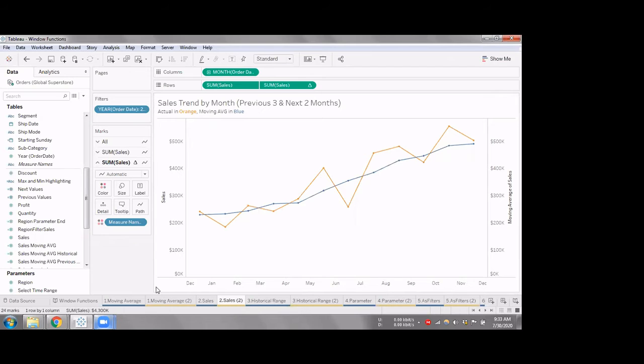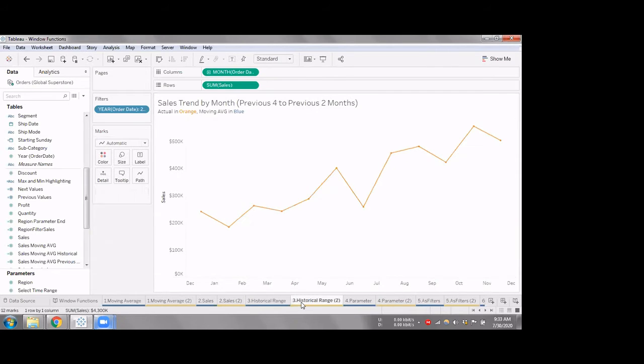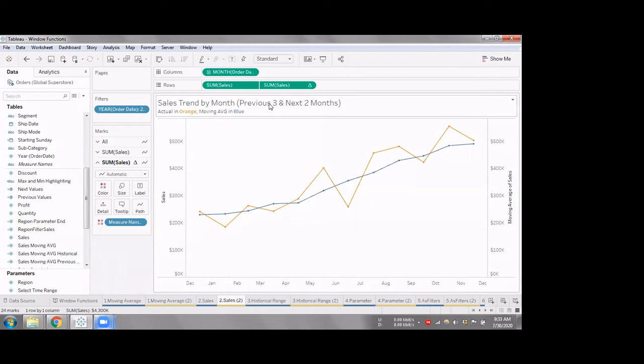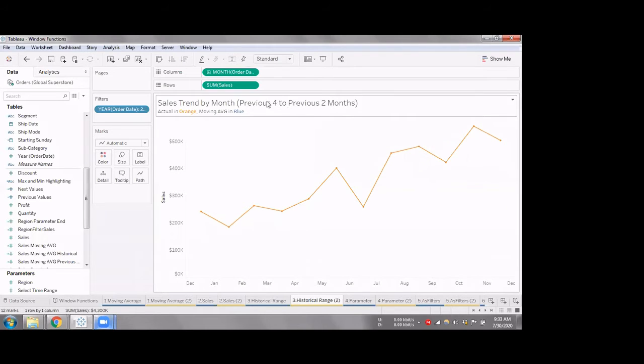Okay, so then we have a similar one. Here we did calculation from previous 3 months to next 2 months. Here it's almost similar. What you have to do is from previous 4 months to previous 2 months. You can just pass in the same calculation field.